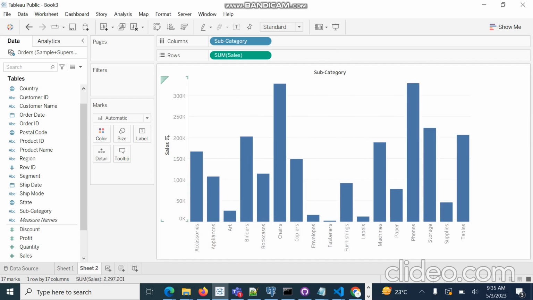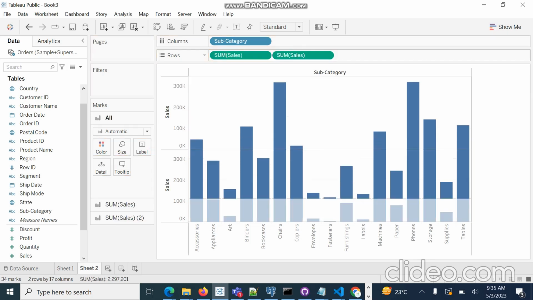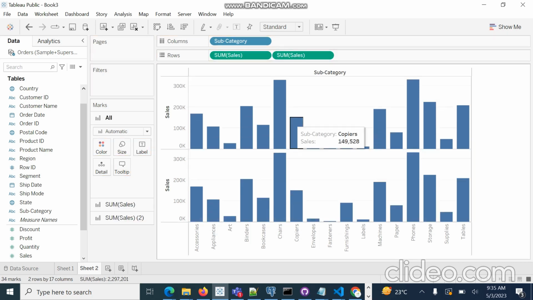Now we can see it in a good way. We make a copy of the sales. What will it create? It will create a dual chart: the first chart for sales and the second chart for sales. In the second chart, we will convert this to a line chart.